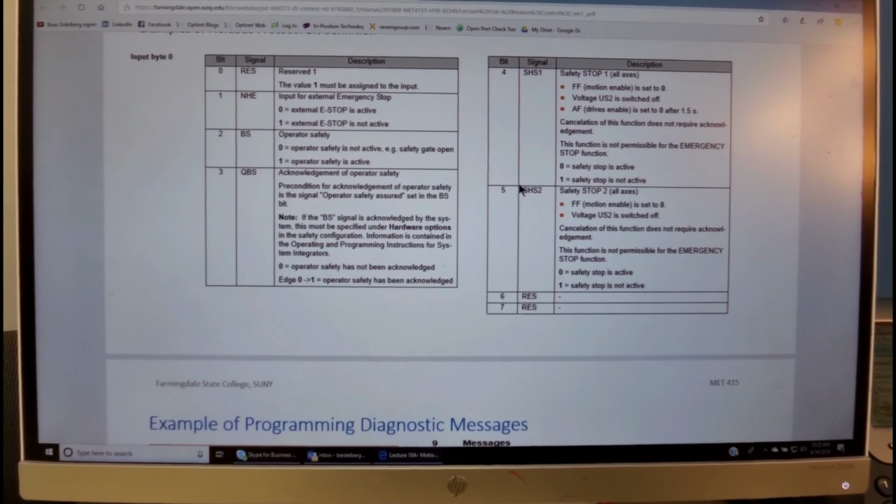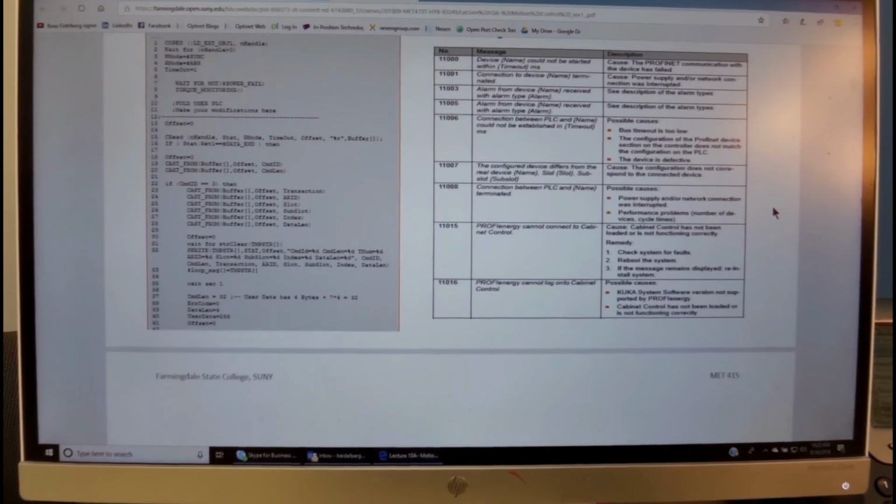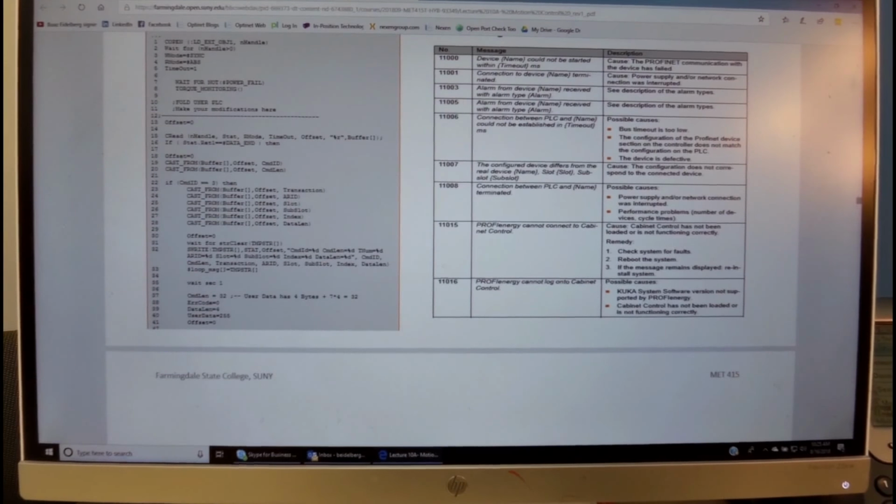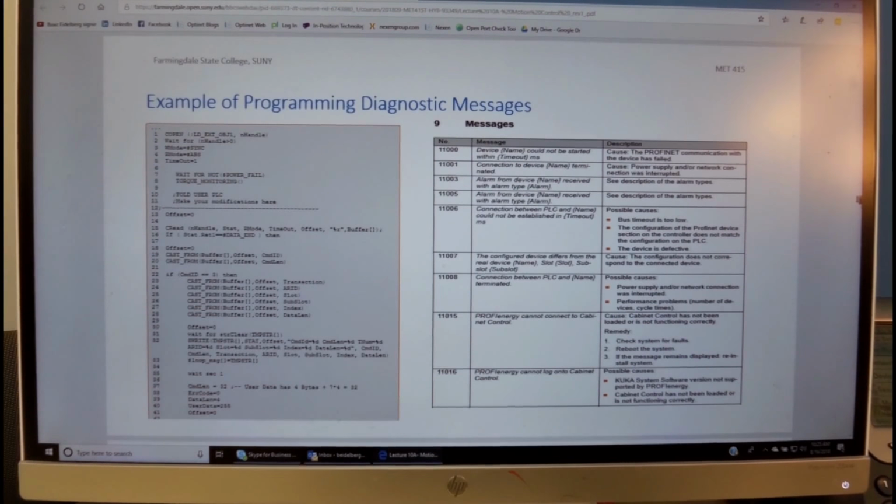For example, if the second bit is 0, then operator safety is not active, and if it is 1, operator safety is active. So these protocols have extensive elements of definitions for each one of these bits.